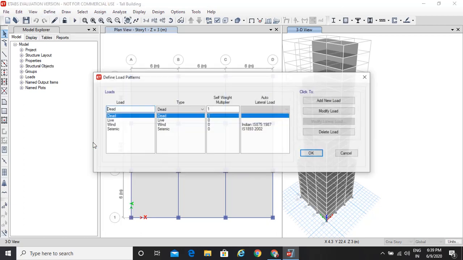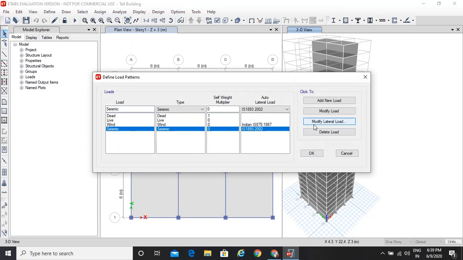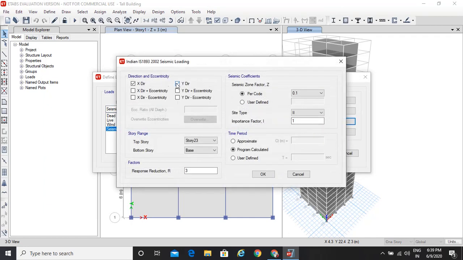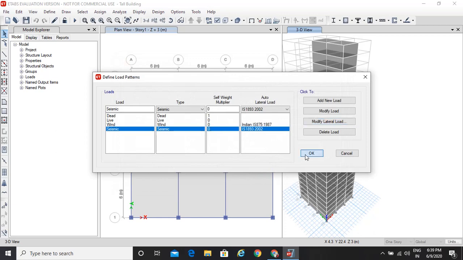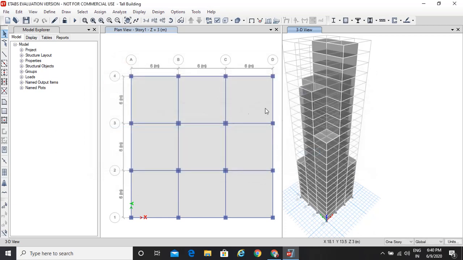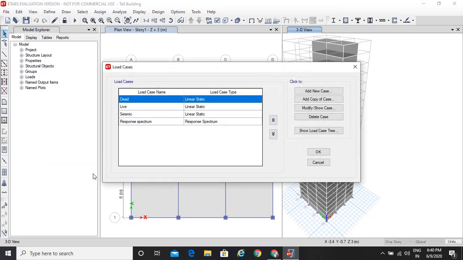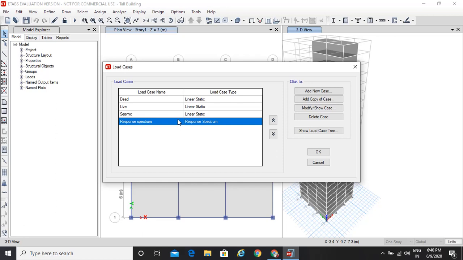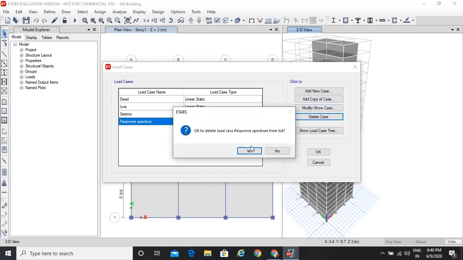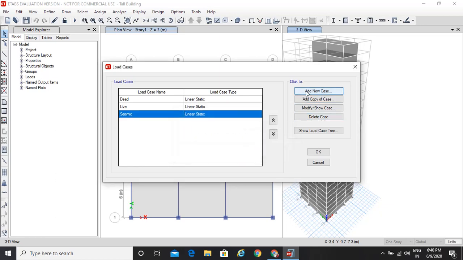Again we will select load patterns, and this time modify lateral load, and we will only select the y direction, and everything remains the same. We click on OK, and now we again go to load cases. We will delete the response spectrum because we do not require it here, and we will add